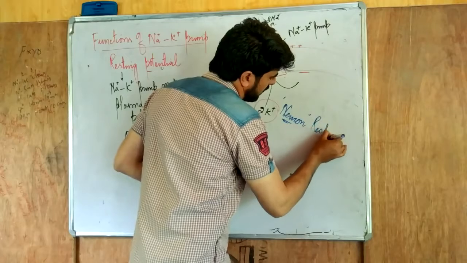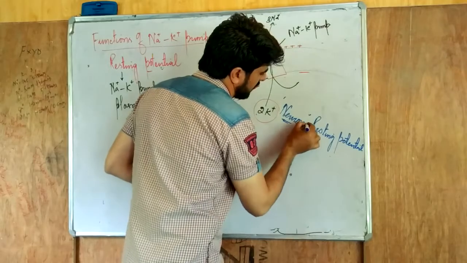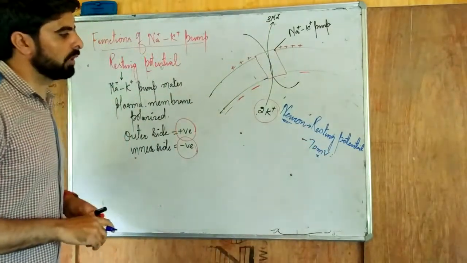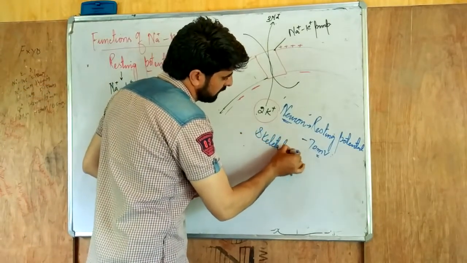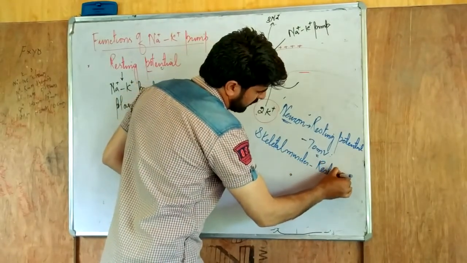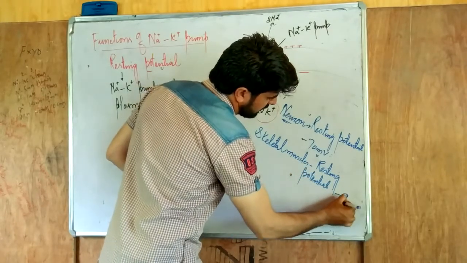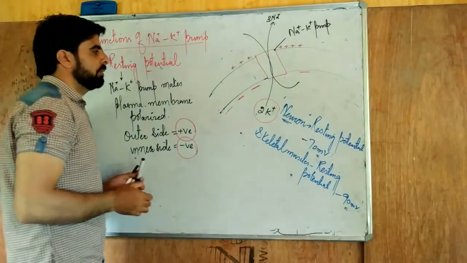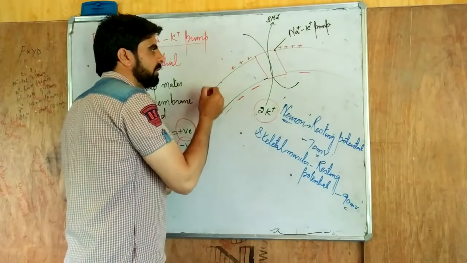A neuron has a resting potential of about minus 70 millivolt. And if you take muscles, especially skeletal muscles, the resting potential, that is RP, is about minus 90 millivolt. So you have to keep in mind that the inner environment of the plasma membrane becomes negatively charged, and the outer environment becomes positively charged.